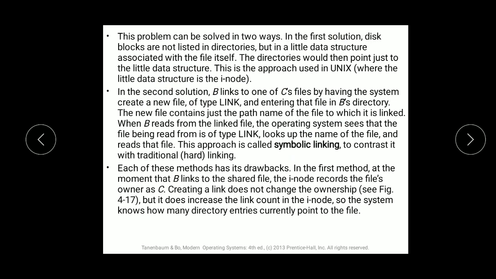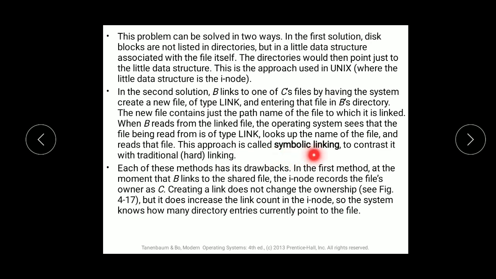In the second solution, when B links to C's file, the system creates a new file of type link, entered in B's directory. The new file contains just the path name of the file to which it is linked. When B reads from the link file, the operating system sees that the file being read is of type link, looks up the name of the file and reads that file.